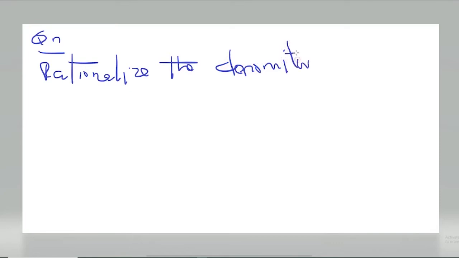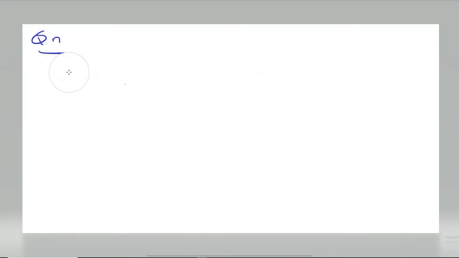Okay, rationalize the denominator. This is what we are going to do now. I don't want to spend much of my blackboard space, so you can be given this question like here. Rationalize the denominator of